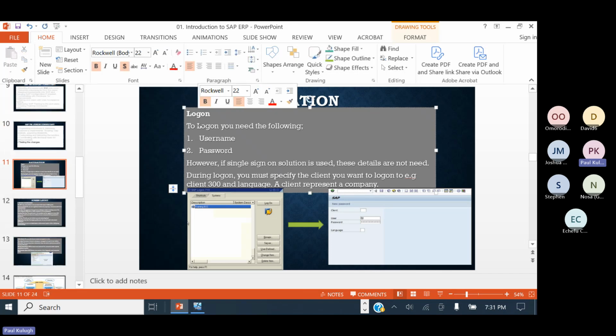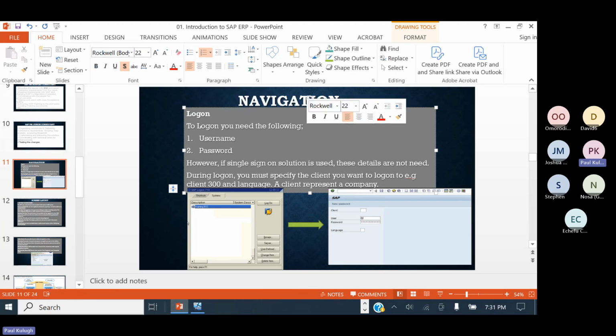how to log in. We did that before. To log into SAP, your user must have been created, and then your username and password will be provided. However, if a single sign-on solution is used, these details are not needed. What is single sign-on? It is an application tied to your Windows account, such that once you are able to log into your Windows account, you automatically have access to SAP. So once you double click on the server link, the system will just log you in without asking you for a username and password. That solution is called a single sign-on solution,